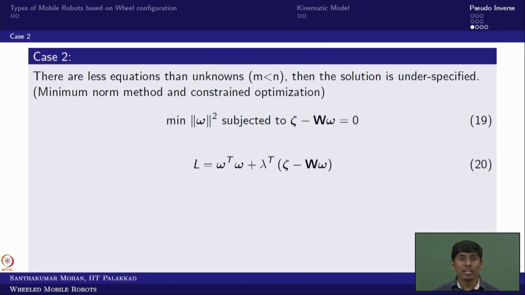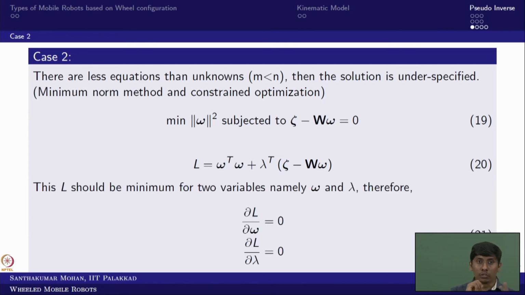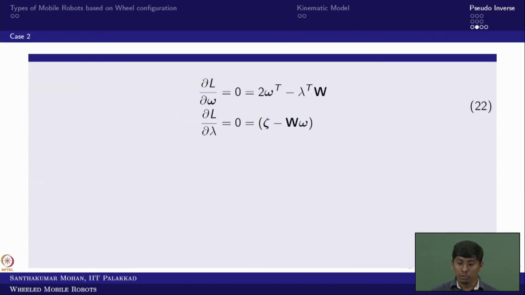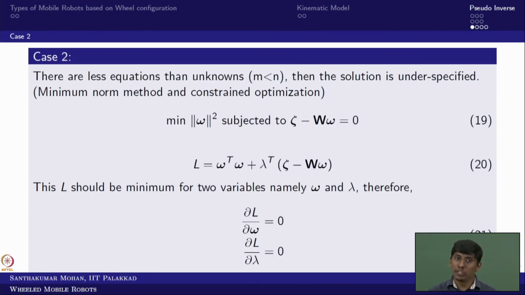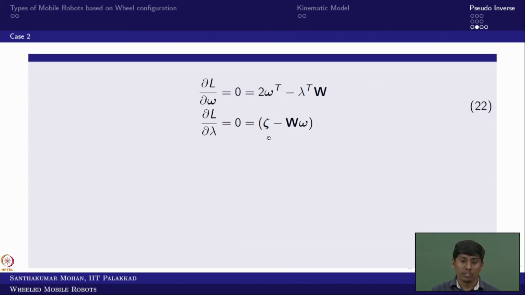So we can partially differentiate this L with respect to lambda as well as omega. Both are supposed to be 0, in the sense two unknowns, two equations, you can find them, right. So I am taking dou L by dou omega. You know this is the equation, I differentiate with respect to omega and I got this equation, right. Similarly, if I take the differentiation with respect to lambda, this is the equation. Now you have 2 equations and 2 unknowns. So we will try to bring one unknown in relation with the other unknown.